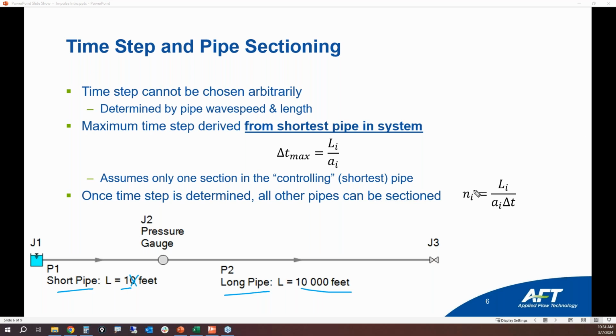So if you have a really big difference in pipe lengths like that, then there are multiple practices that you can do, either combining pipes or simply making your really short pipes a little bit longer. We could even make this pipe be 100 feet. If this is 10,000 feet and we make this 100, that's okay, and that is not going to impact the